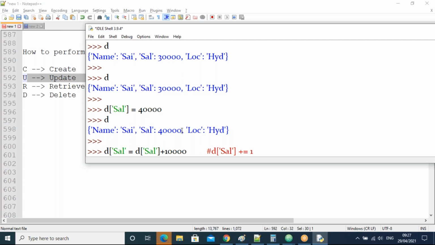All of you let me know. So I'm going to use the addition assignment operator here.